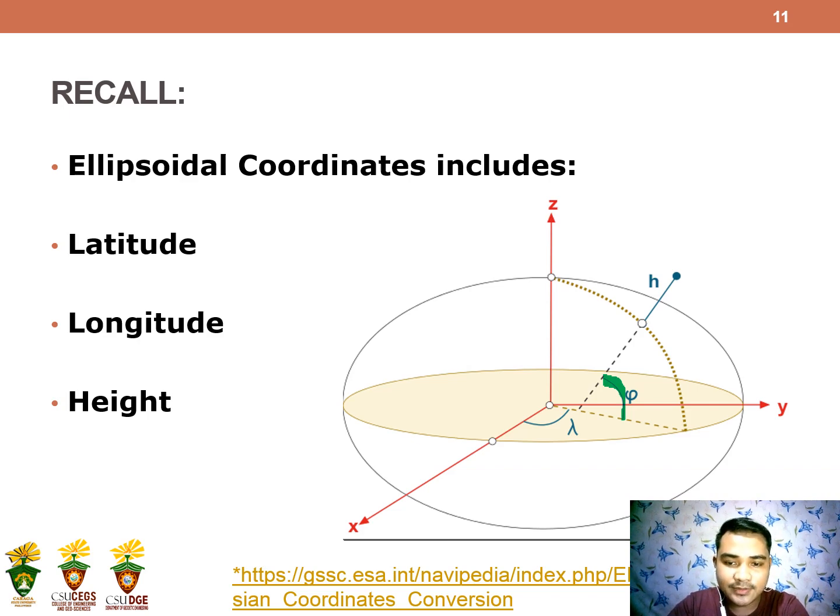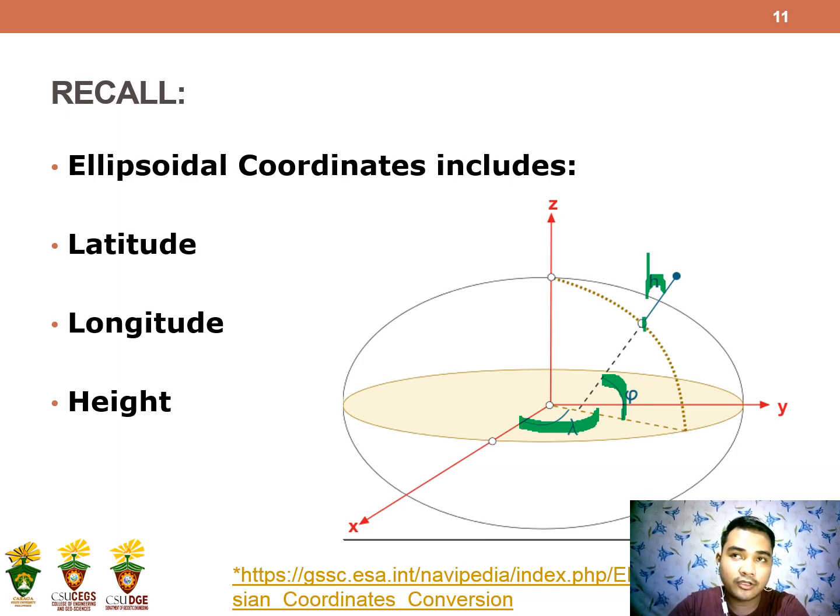For this example, the latitude is from the equator going to the latitude of the point. And longitude is from the zero meridian or the prime meridian going to the meridian of your place to be located. And height is the ellipsoidal height, or h. So h is the ellipsoidal height,